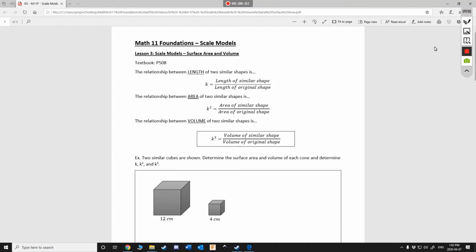Okay, so here's our next lesson. This one's focusing on surface area and volume. So in the last lessons, we looked at this